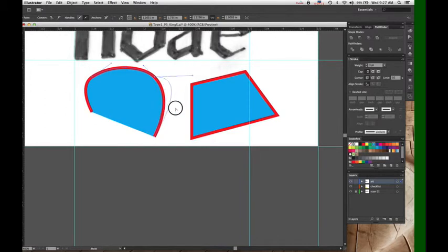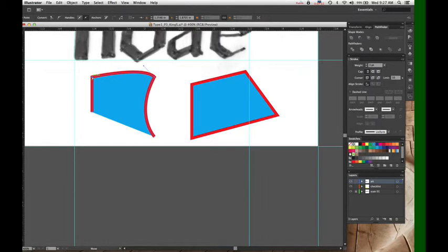Now you can either move that handle to where you want it to be, like that. So here, this corner is a convex curve on this side and a concave curve on this side. The other thing you can do is you can just click the point, that deletes the handles, or you can just click one handle, that makes that side of the curve go away.